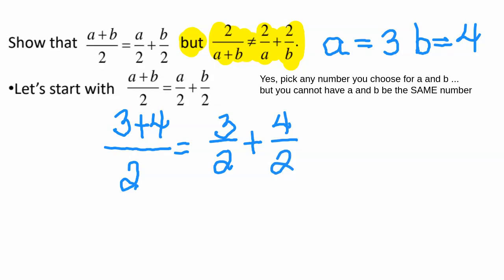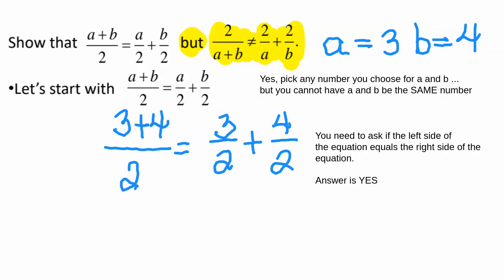Now, you need to ask if the left side of the equation equals the right side of the equation. Answer is yes. Because if I put the numerator together, 3 plus 4, I am going to get 7